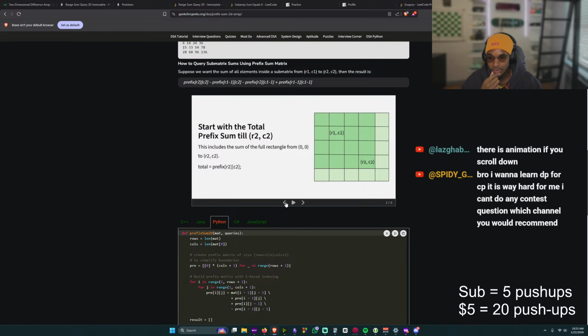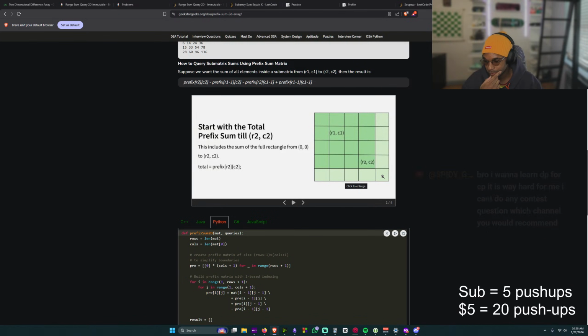This includes the sum of the full rectangle from 0, 0 to... Wait, what's this extra stuff then? That's in another color.